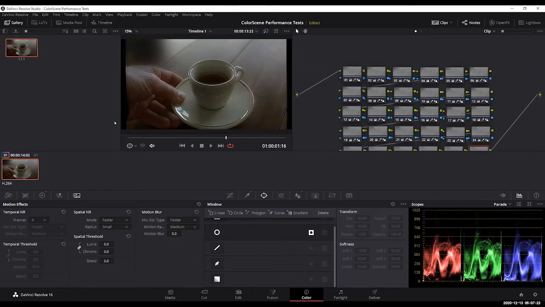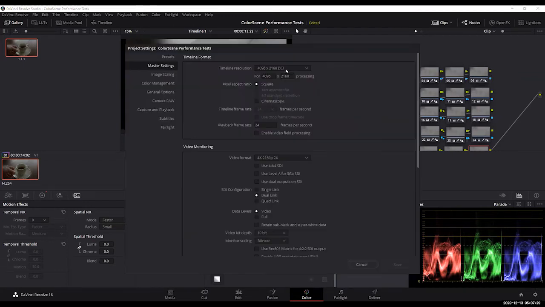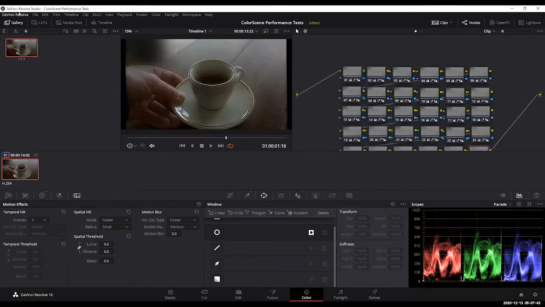So the first thing to do if you're going to be doing this is set up your project. If you go in here, you'll notice that the project is set up for 4K, and I'm displaying it here in 4K as well. So once we've done that, the second thing we need to do, and this is really important,